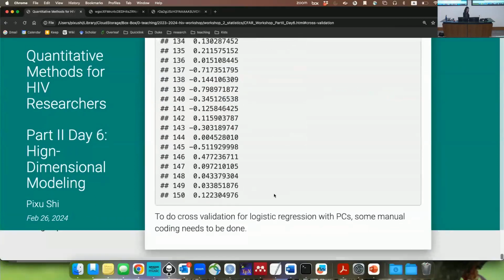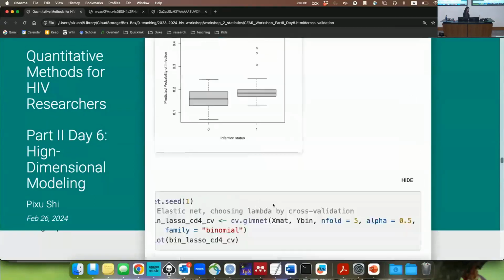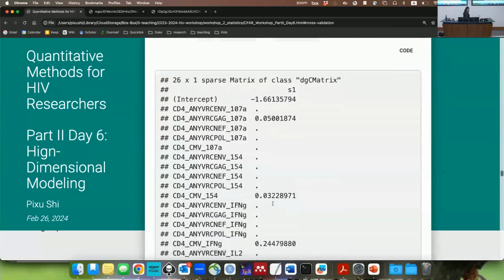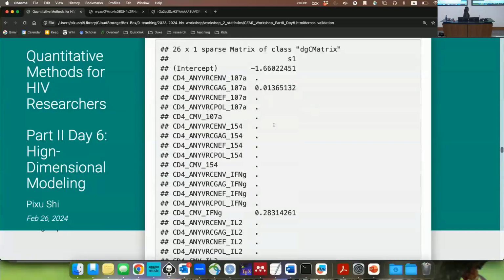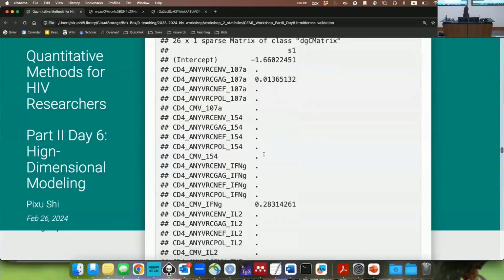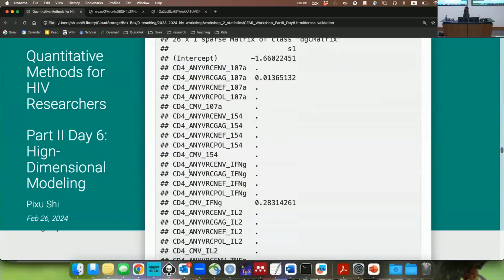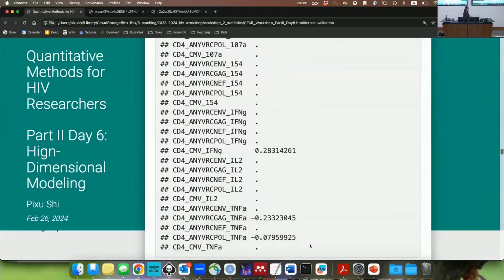I guess I'm pretty much done with the materials here. So suppose that lasso tells you these are the important variables. It's tempting to rerun a linear regression with just those 4 variables, right? You use lasso to select your most important set, and then you fit a linear regression on the most important set. But the p-value in that linear regression model is actually going to be too optimistic,